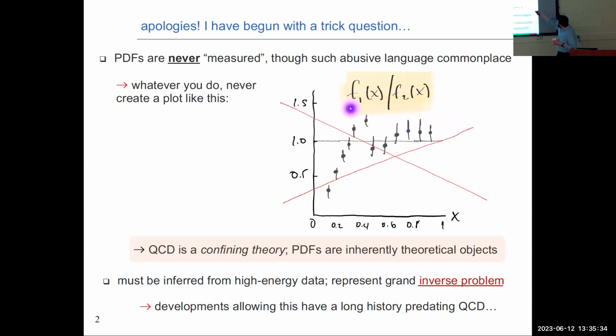So what I was trying to say here, these are both meant to be PDFs. So this might be something like D bar over U bar or D over U, the actual PDFs. What you just said is fine. Of course, I can have a ratio of Drell-Yan cross sections or structure functions or things that are empirically observable, no problem. What you can't do is directly measure a PDF or something derived from the PDFs, like a PDF ratio. That's a no-no. Any other questions on this conceptual point?